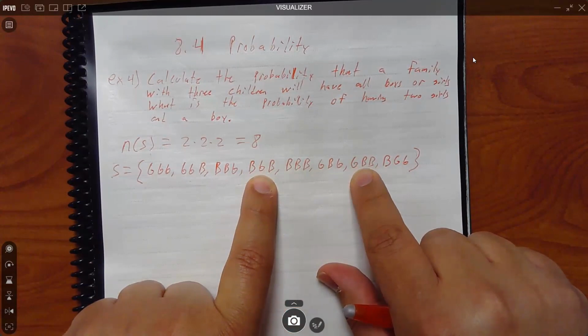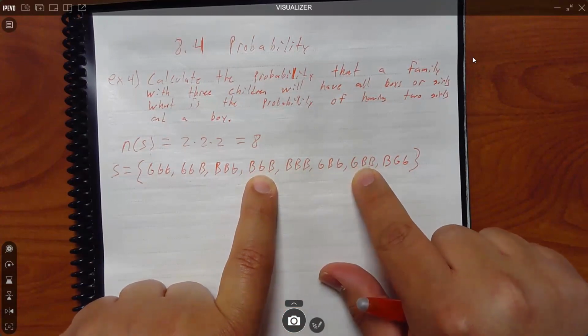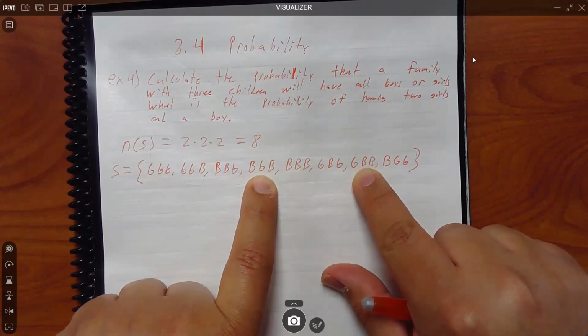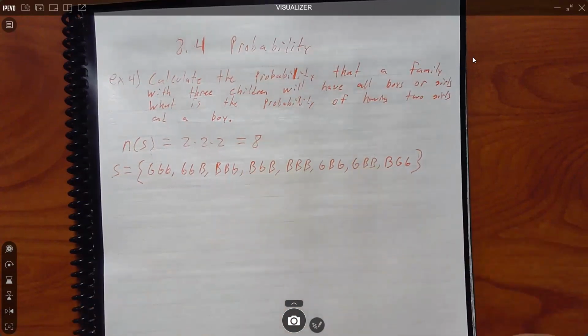Depending on how you think about it, this could be the same event if you don't care what order it was. If you only wanted specifically this situation, then maybe you wouldn't count it, but we're going to assume order matters when you're having kids because it's a different situation. Okay, so now the question says, the event A